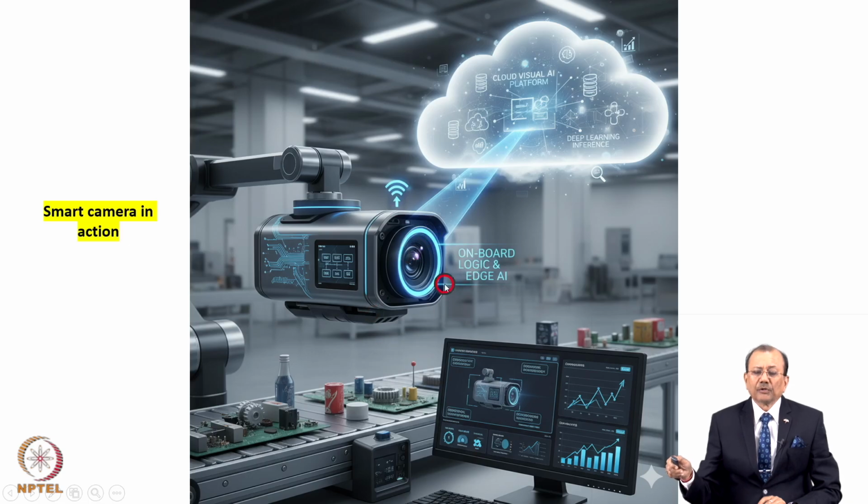Suppose there is a fire that has broken out somewhere, and the camera is seeing the fire. Then the camera should find out that this is a fire, and what action should be taken in case of fire. The camera will direct to the cloud system, which will take a decision, and an alert will be generated. So this is what I thought a simple picture can show you: multiple actions emerging out of this smart camera.